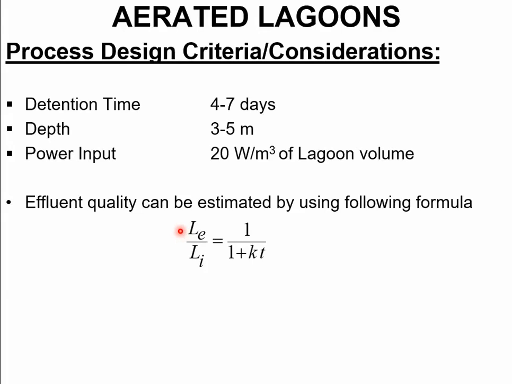Previously you have studied this equation with respect to CE over CI equals 1 over 1 plus KT. Here it is represented with L. It doesn't matter whether you represent it with C or L; L denotes the concentration of BOD here. So effluent BOD over influent BOD, L over Li, equals 1 over 1 plus KT. This is the same equation which you have studied in the reactor theory lecture for the first order CSTR equation. So this equation can be used to find out the effluent BOD from an aerated lagoon, which largely